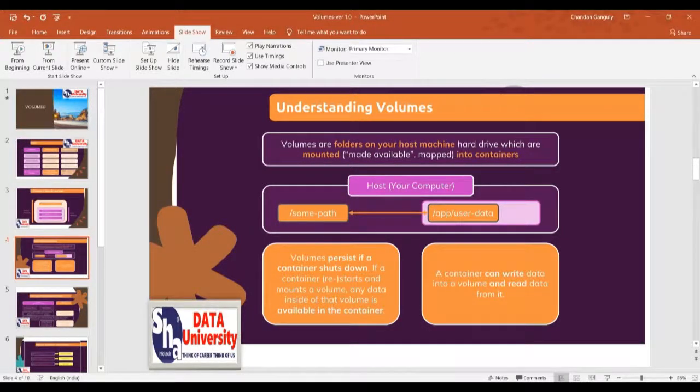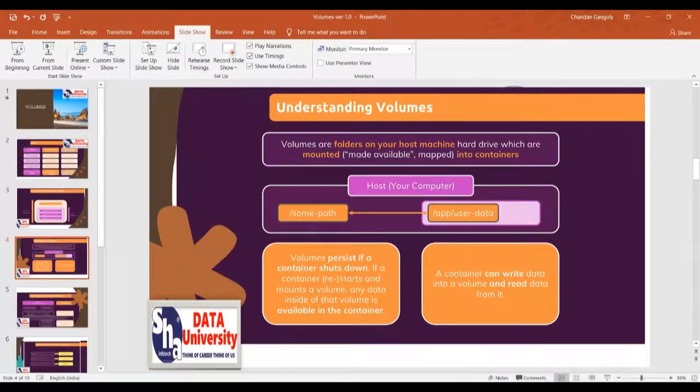If you see the slide right now, it is making some points on storing data. These volumes, which we discussed in the earlier part of this presentation, are disk files. These are folders on our host machine's hard disk, from which these containers run.